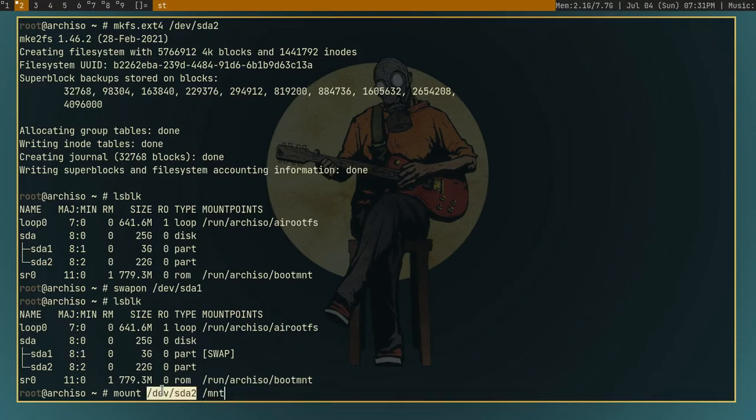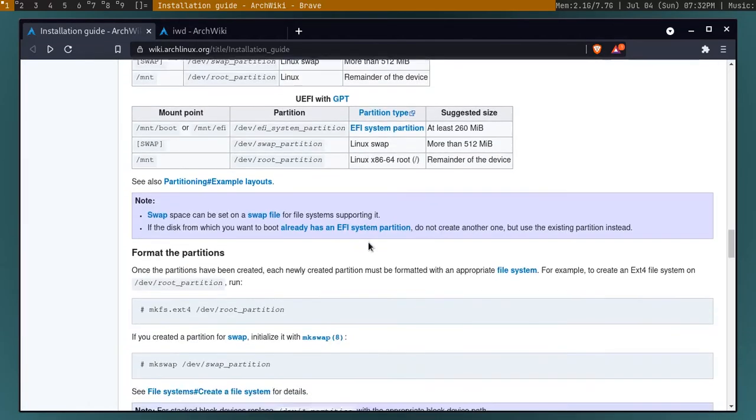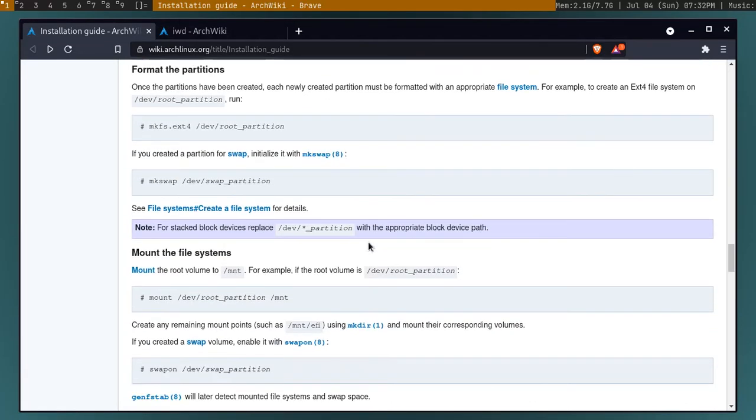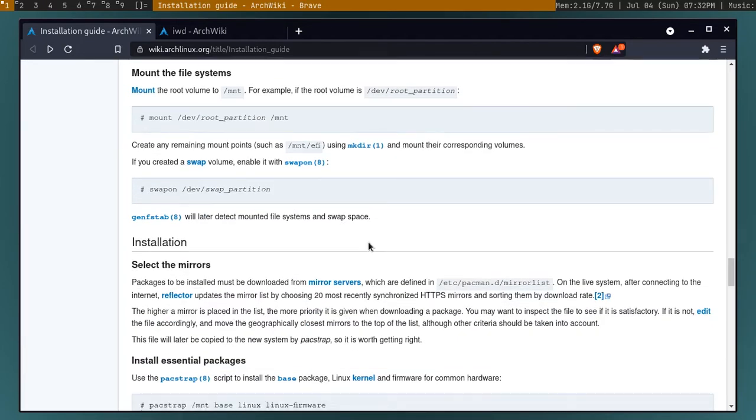If you know how to mess around with Linux, you can do whatever you want. But if this is your first time installing Arch Linux, I recommend you follow along with whatever I do. So hit enter. It has been mounted. Now our next step is to install the base system, meaning that we are installing the system so that we can get into it and do further changes.